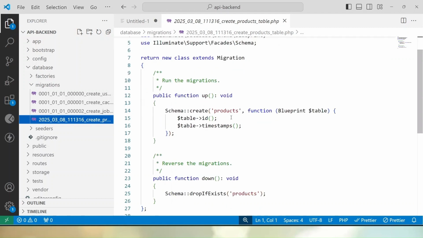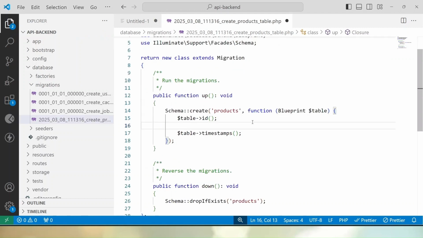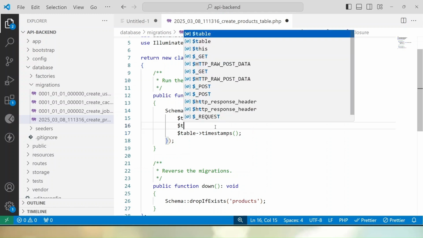So first, as we know, for the CRUD-based operation of the product section, we need the columns ID, product title, product description, product banner image, and product cost. Here, by default, inside this table schema, we have the ID column and the two timestamp columns, created at and updated at. So what columns do we need? Here we need,